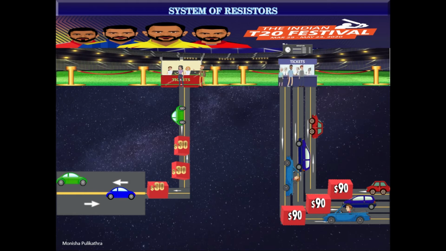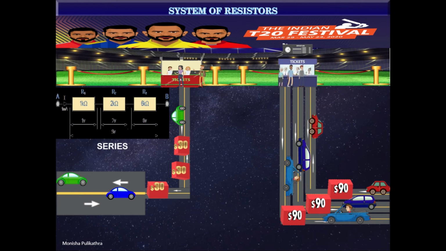Take a moment and think about which one will be faster. Without a doubt, the second case will be faster, as there is no bottleneck. There will be no traffic jam. The first case offers more resistance, such as the counters placed in this example. Resistors are placed in an electric circuit, such as in the first example, and this type of circuit is called a series circuit.